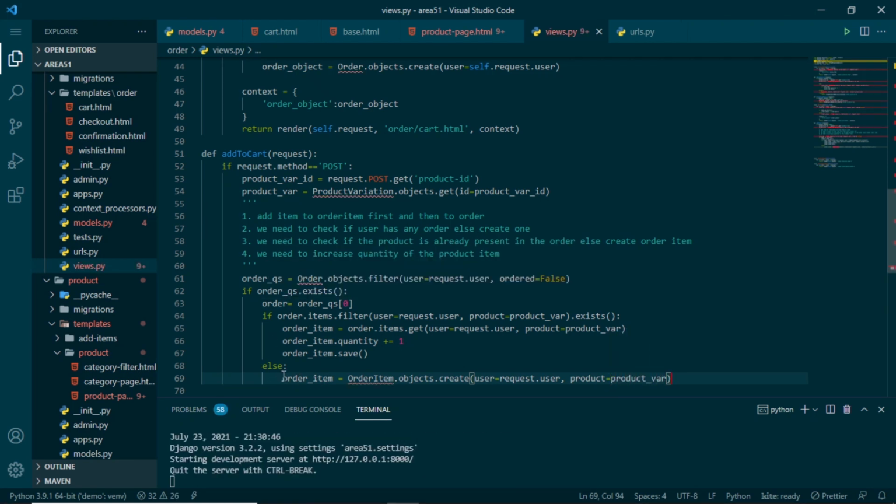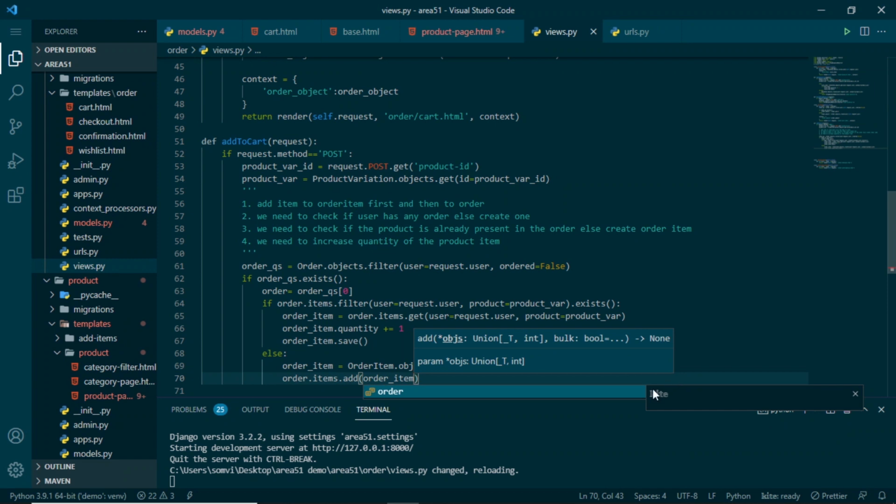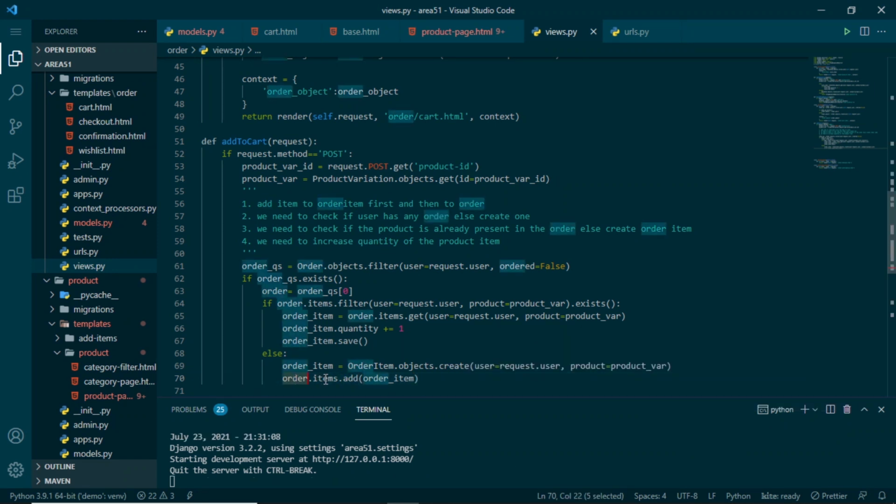Now I will add this order item into our order by using order.items.add(order_item). So this is the order object. This is the items that we have many to many field with, and I'm using this add so that I can use this order item that is newly created into our many to many field of items.